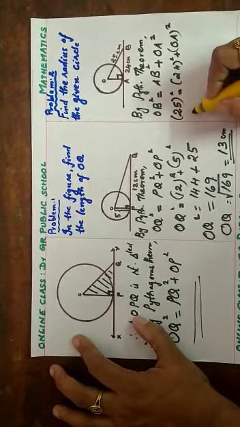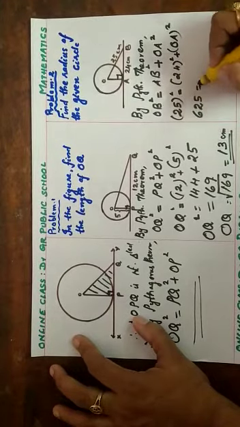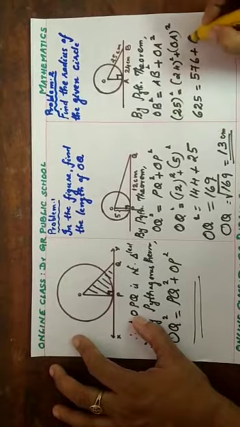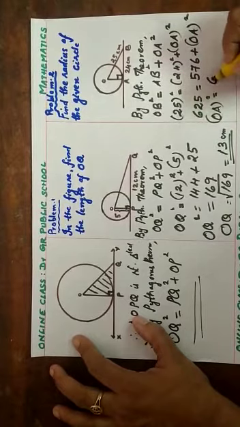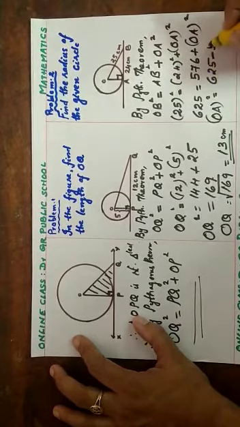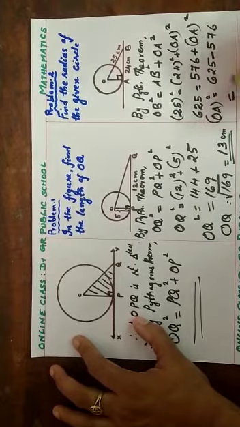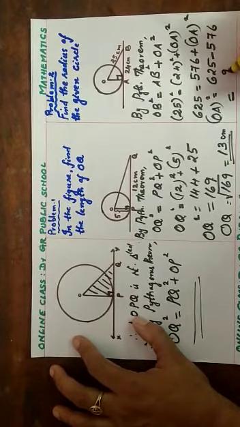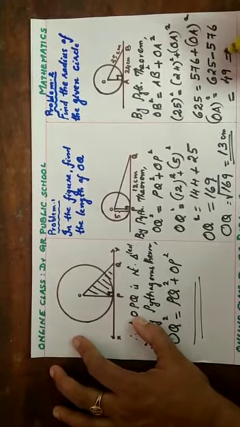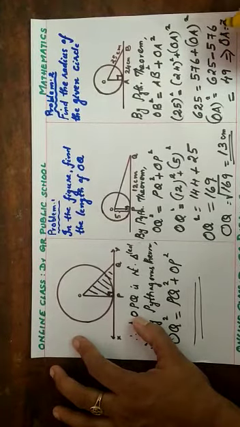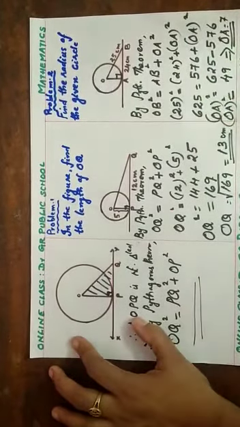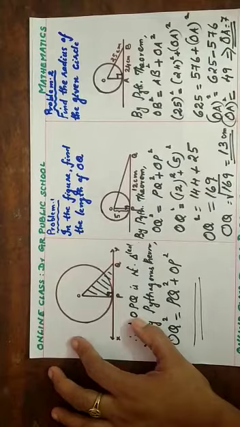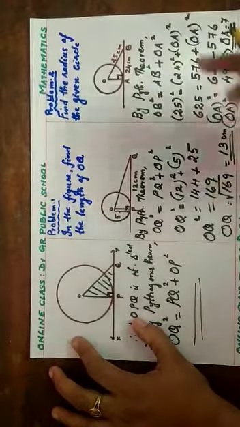25 square is 25 into 25, 625. 24 square is 576 plus OA square. So to find the value of OA square, OA square equals 625 on one side. You need to subtract 576. So you will get the value as 49. Which implies OA equals square root of 49, which is 7 centimeter. OA square is 49. Am I right? Therefore, OA equals 7 centimeter. So these are the problems based on theorem 1.